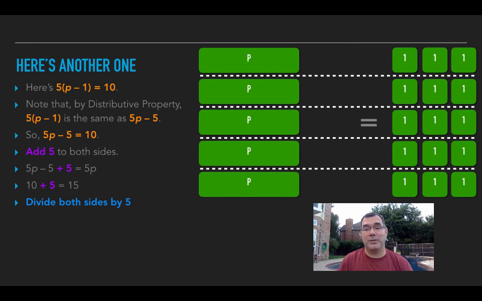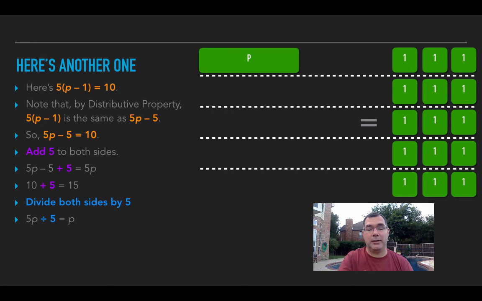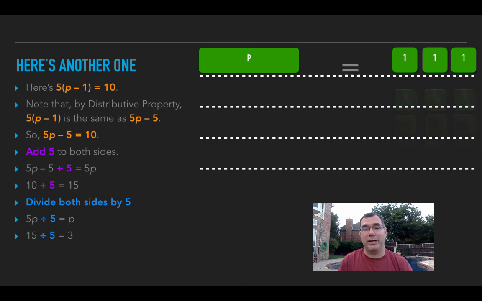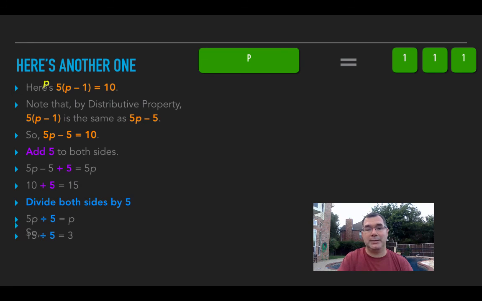And if I divide both sides by 5, that means that I will have 1p on the left and I will have 3 on the right. So that means that p is equal to 3. So those are two-step equations where you're going to have to do 2 different operations to figure out the value of the